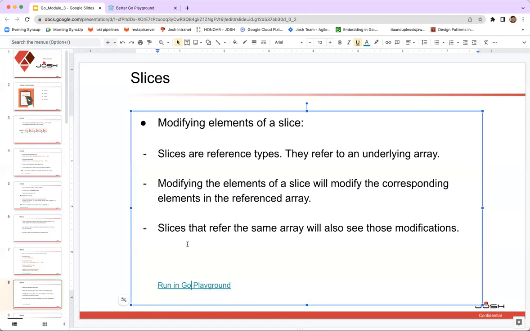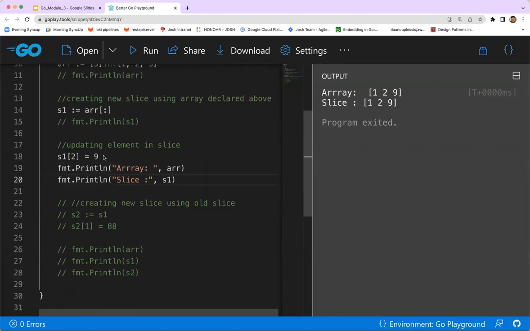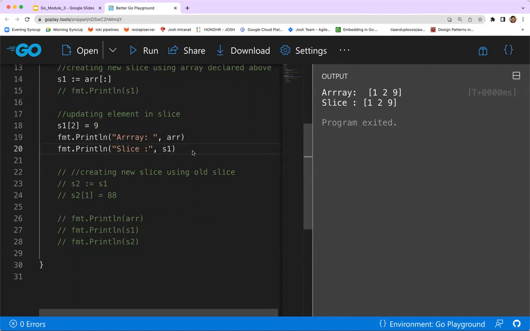One more point to mention here is that any slices referring to the same array will also see these kinds of modifications. So if more than one slice is referring to the same underlying array, and I try to modify one of the slices, that will also modify the value in the other slices. So let's